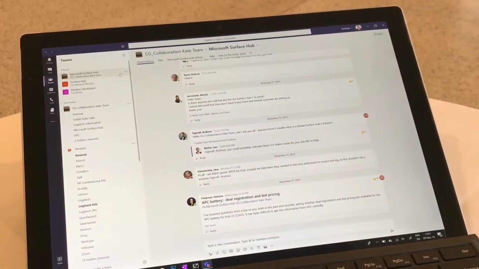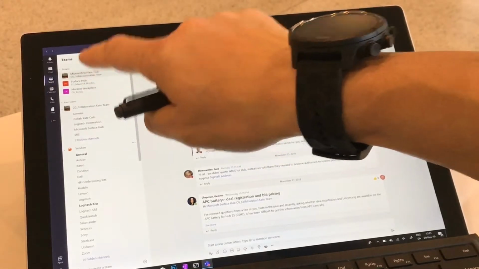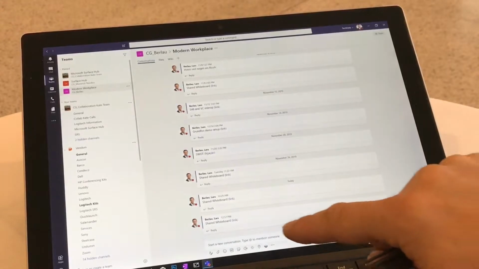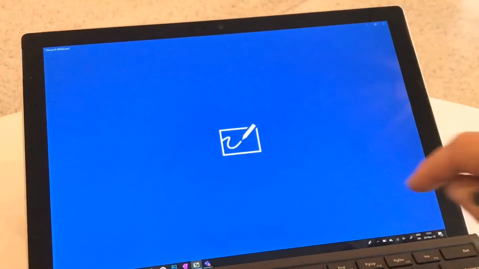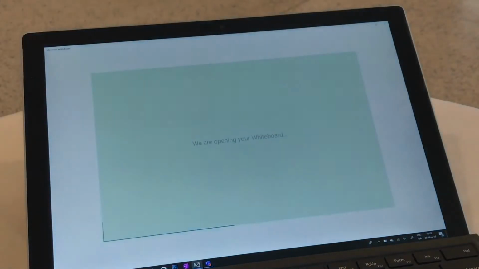Okay, so here we are on my own PC and would be able to join this Microsoft Whiteboard even though I'm not in the room where the Surface Hub is. So I'll push my pen channel on the Modern Workplace and go right down here in the button where I actually have the link to my whiteboard. So pushing that link will open up my Microsoft Whiteboard app, but if you don't have a Microsoft Whiteboard installed, it will push you out to a browser-based version of it and you will be able to join as well